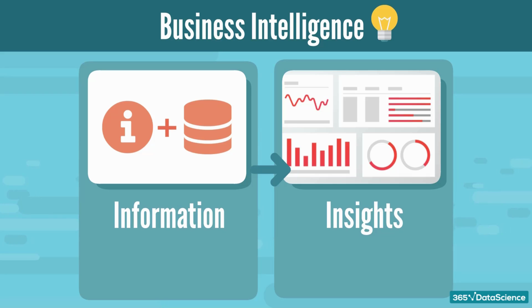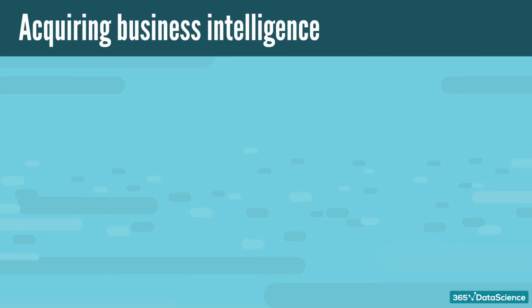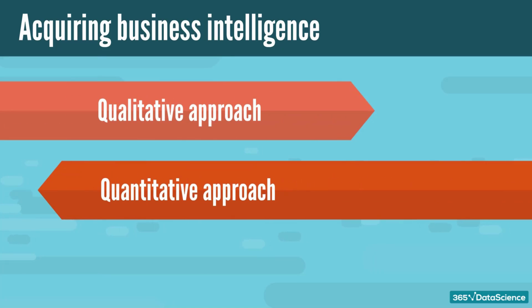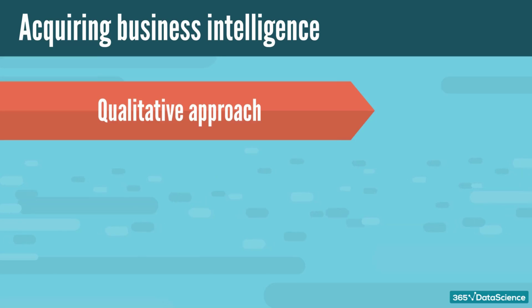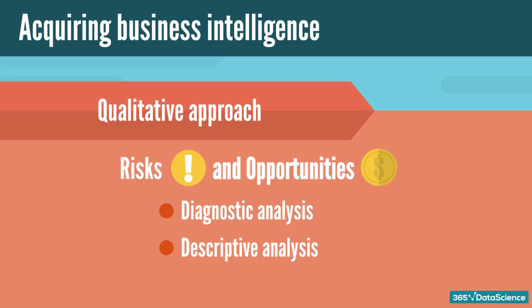So, in essence, this is an exercise of applying the available knowledge and skills in an organization to predict and prescribe the firm's performance. Of course, there are different strategies to acquire business intelligence. Some of them are rather qualitative, and others are numbers-driven. An example of a qualitative approach to business intelligence is considering a firm's risks and opportunities. This represents a diagnostic and descriptive analysis that takes into consideration the current environment and identifies various risks and opportunities